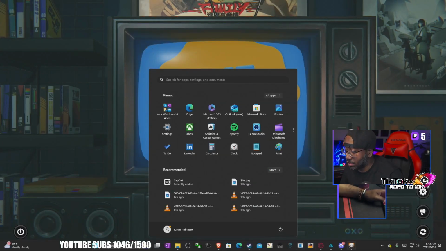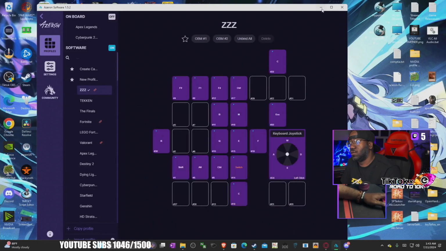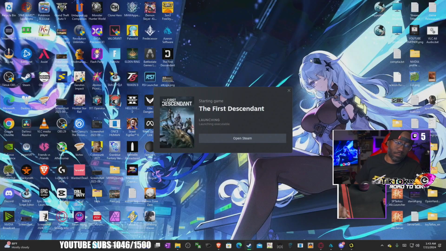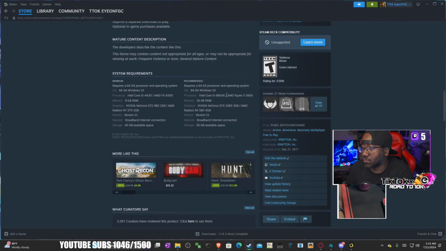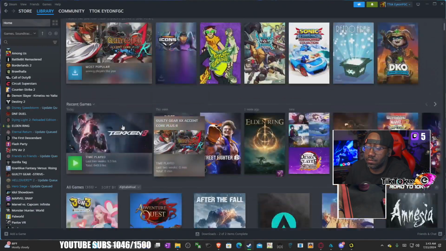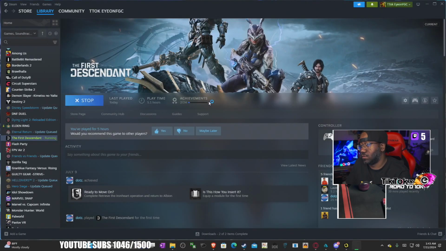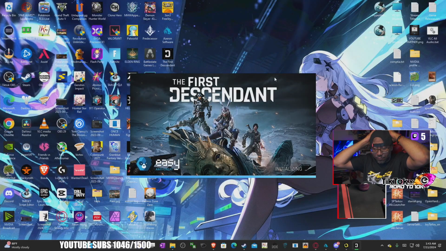I'm gonna open up the game real quick. I'm gonna see what their skins look like. What game is it? It's First Descendant. It just came out not too long ago. It's free to play on Steam,